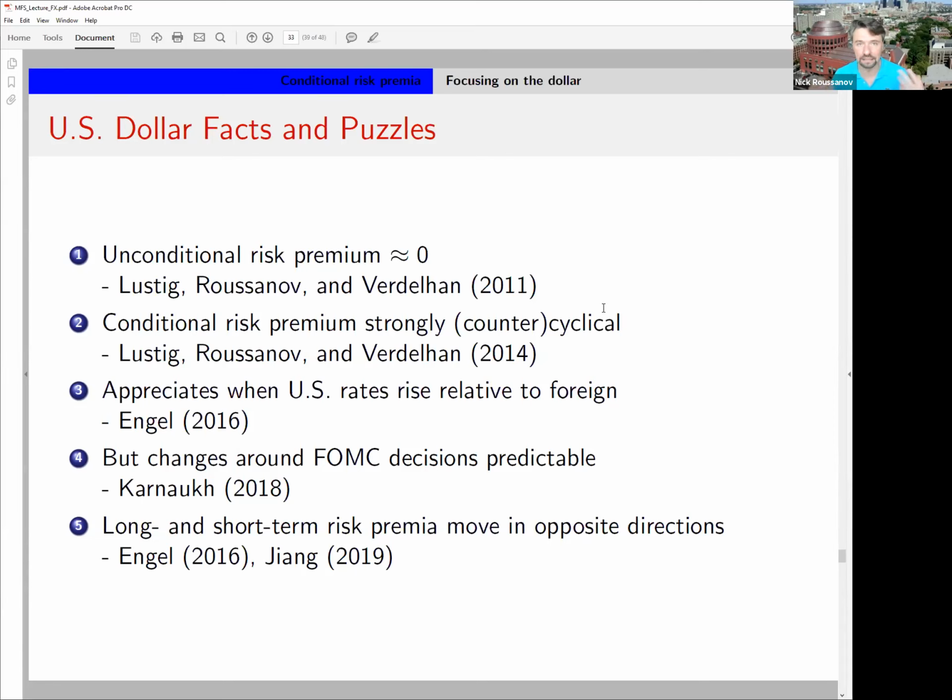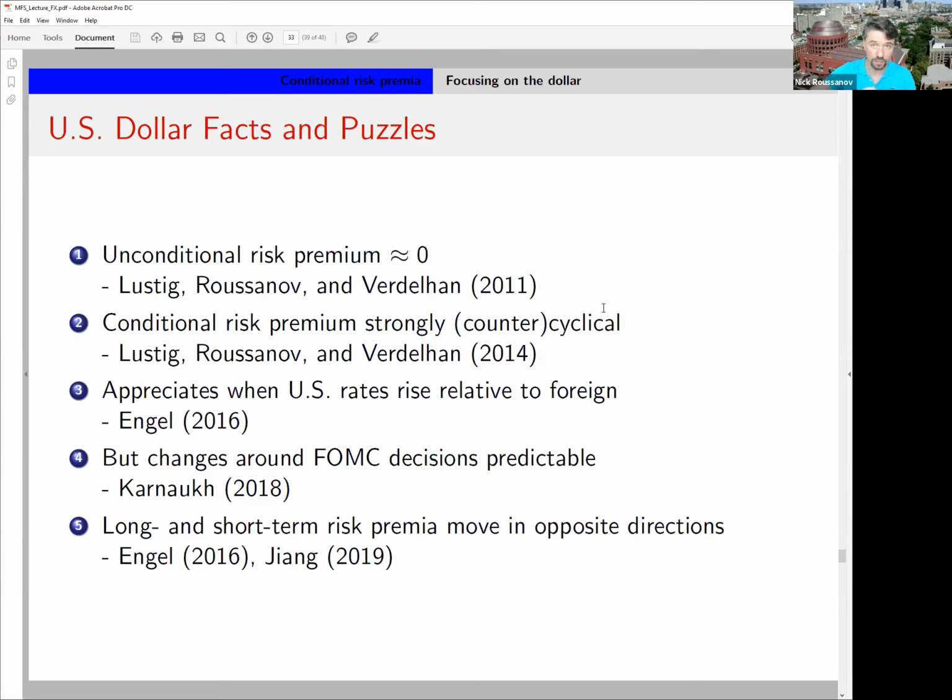Another puzzling fact that has been getting quite a lot of attention in the academic world, because it's so natural to most practitioners, is that when interest rates rise, it leads to an appreciation of the currency. This is consistent, in fact, with the U.I.P. logic, because as your interest rate rises, your currency should rise on impact because it's supposed to depreciate subsequently. We know the latter is not true. We don't see that subsequent depreciation. So why should the appreciation on impact happen?